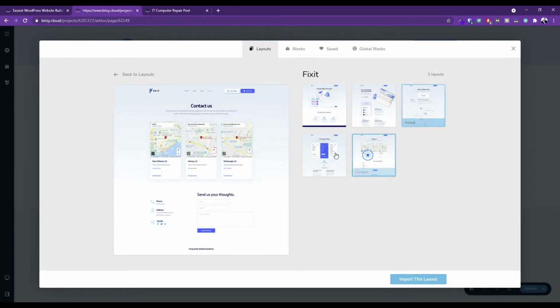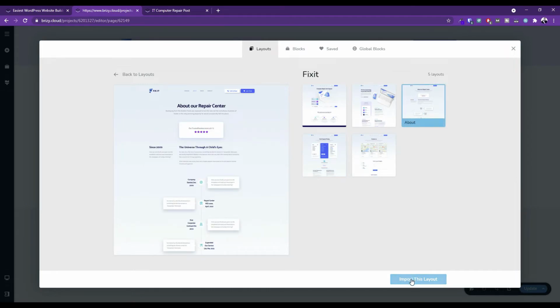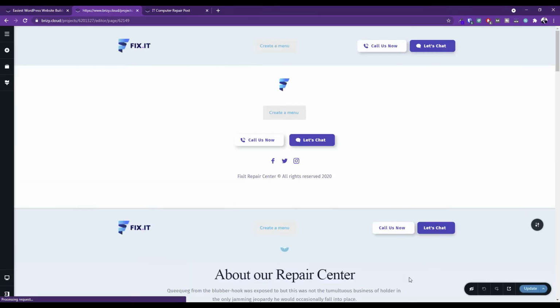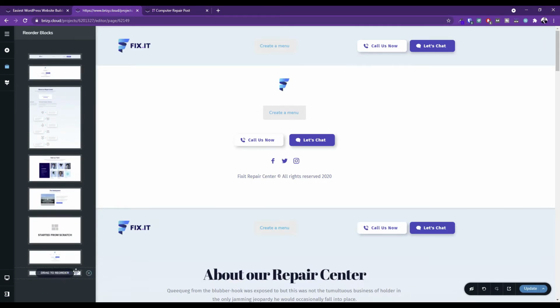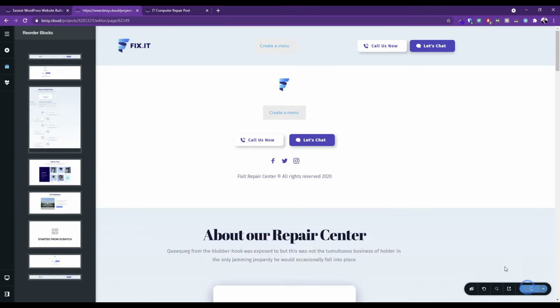So you can see they have services, about, contact and prices. Let's import this layout. I wish, like I said, that there was a button where you could just import the whole entire thing. This is rather annoying though, that I have to keep dragging that. I don't know why that does that, but that is, oh, did